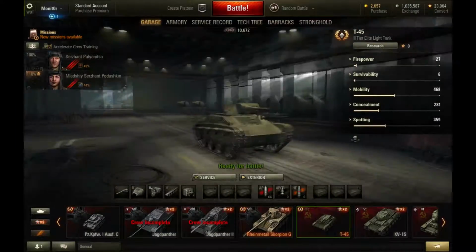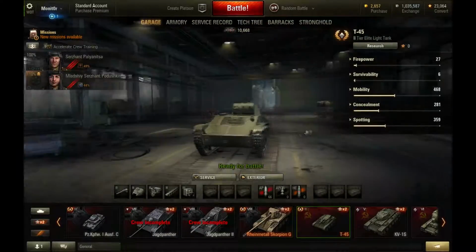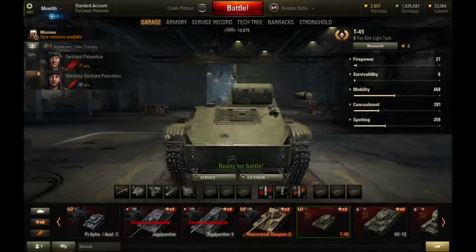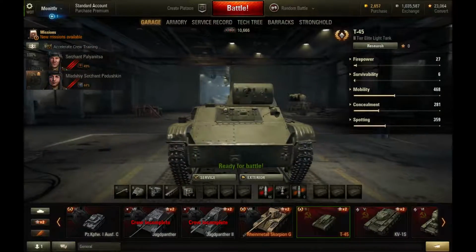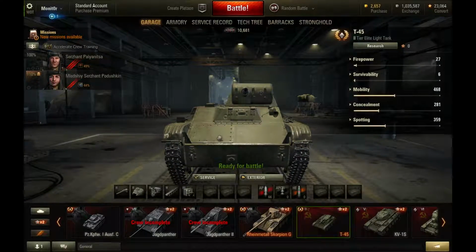Also have this little troll tank, or this little premium tank, which was free for Wargame's birthday, I believe. This thing has troll armor, so this gun is pretty inaccurate. It's not too bad playing on a map like Himmelsdorf or something, and you bury it behind a pile of rubble, and you're able to stabilize the gun somewhat, and especially when you're up against players that are inexperienced and